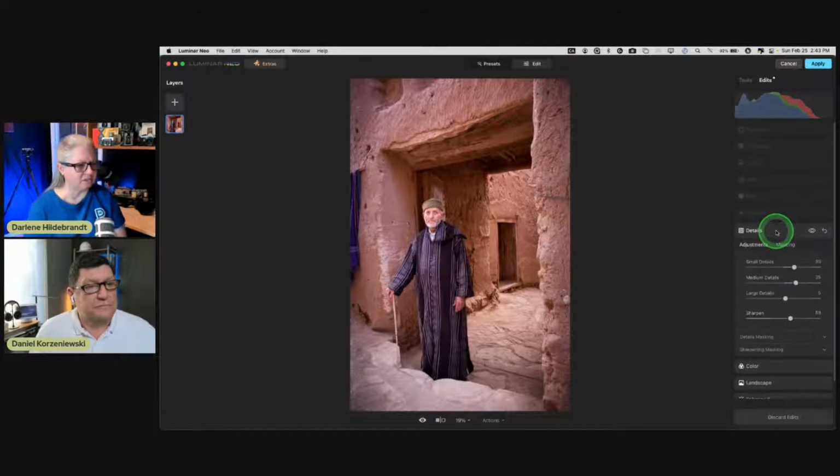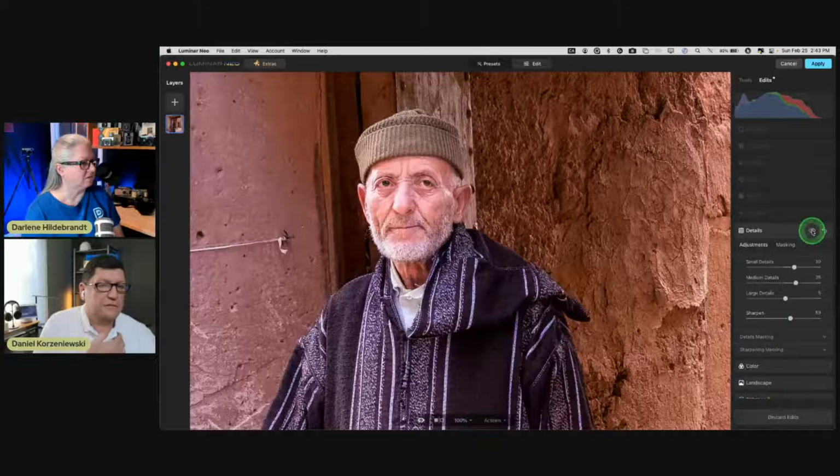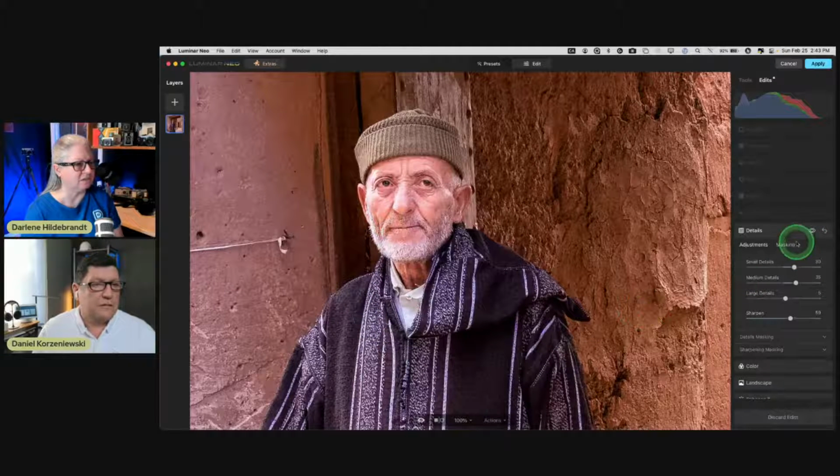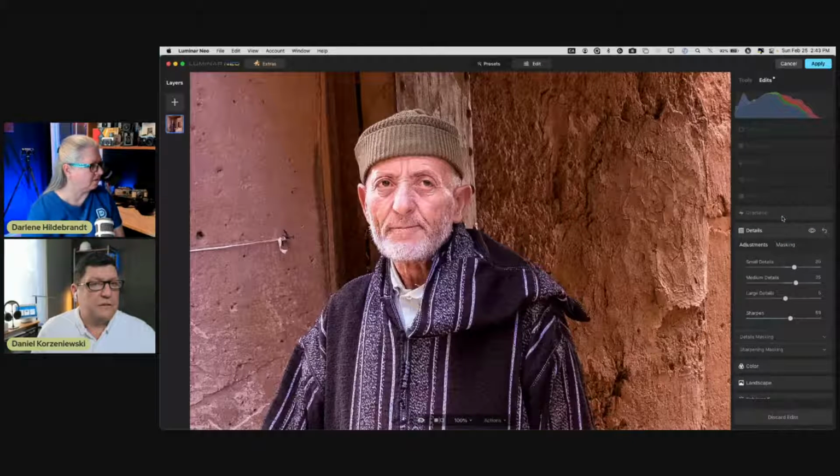Okay, so details. This one I might enhance even more. So I've added lots of details on this one. Right, see what it's doing. It's doing a really nice job to bring out all these details. I think I need to do some denoise as well because I'm seeing a lot of noise in his shirt